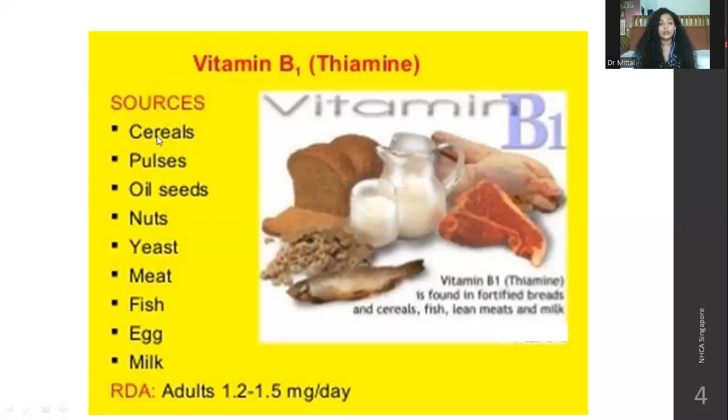Cereals, pulses, oil seeds, nuts. And milk, it is something that vegetarians can have. Meat, fish, and egg, that is for non-vegetarians. You definitely have a lot of vegetarian sources which have vitamin B1. That is thiamine. In the textbook, you can check that as well. They have given